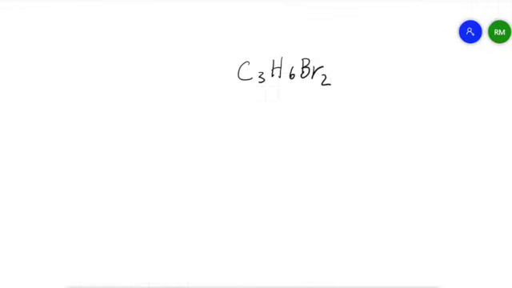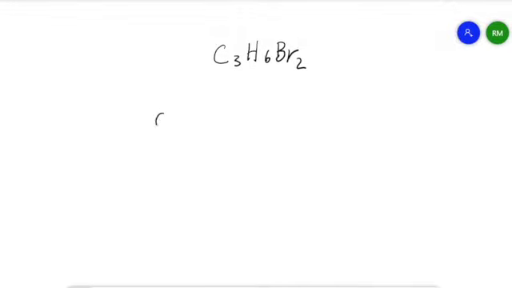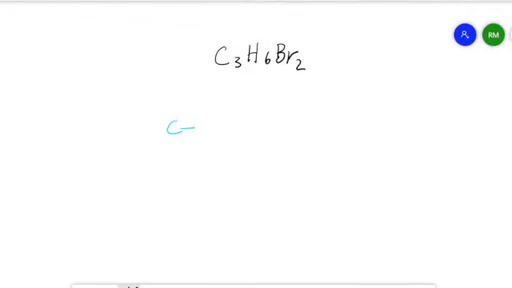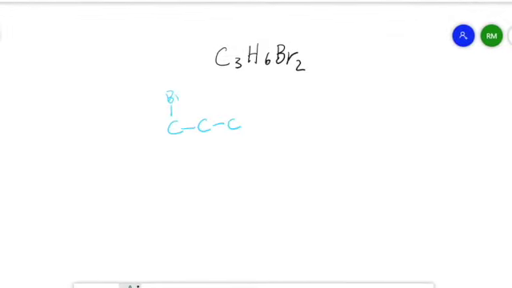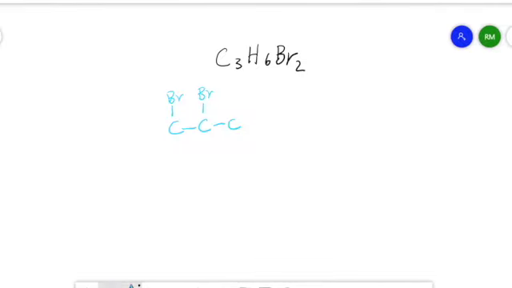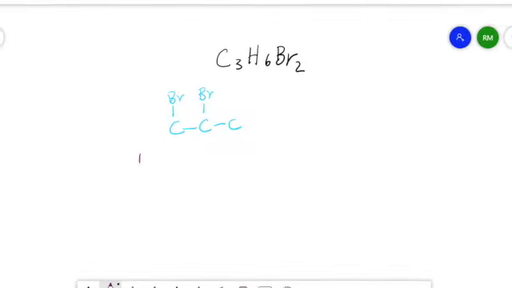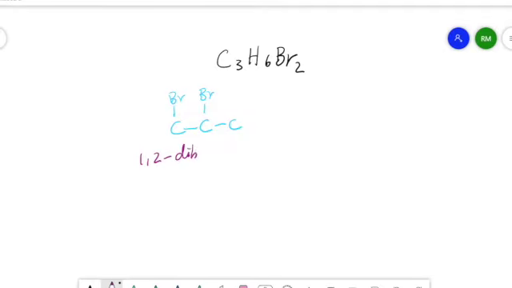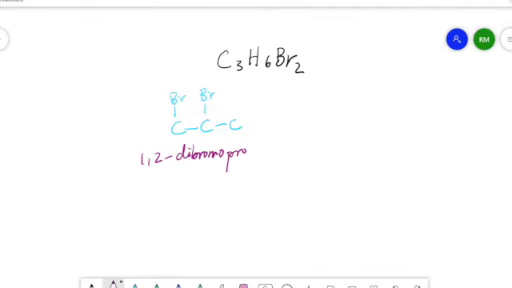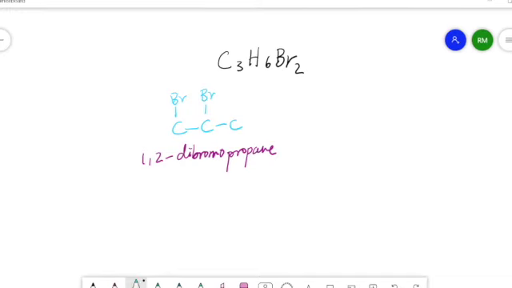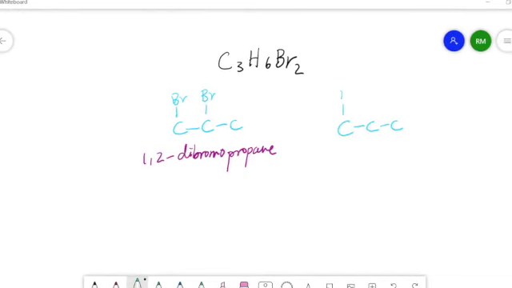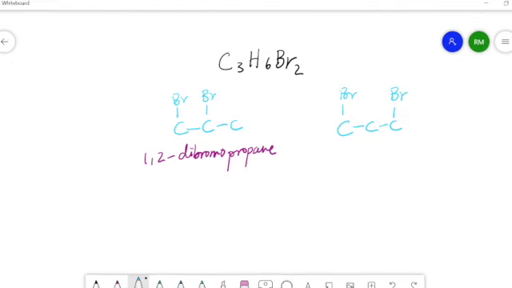So if we look at this example of C3H6Br2, there are a number of different ways you could draw this to give different positional isomers. One way in which you could draw this is to put the bromines on the first and second carbons, and this would give you 1,2-dibromopropane. Alternatively, you could draw it with the bromine being on the first carbon and on the third carbon, and this would give